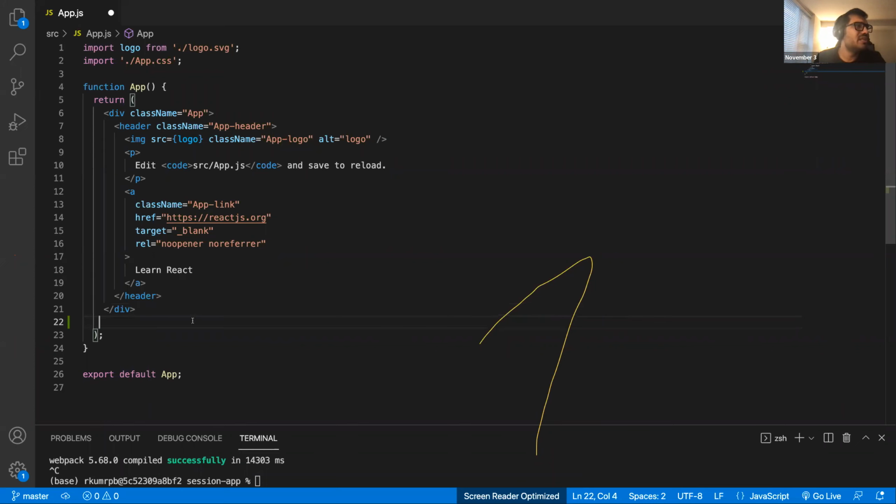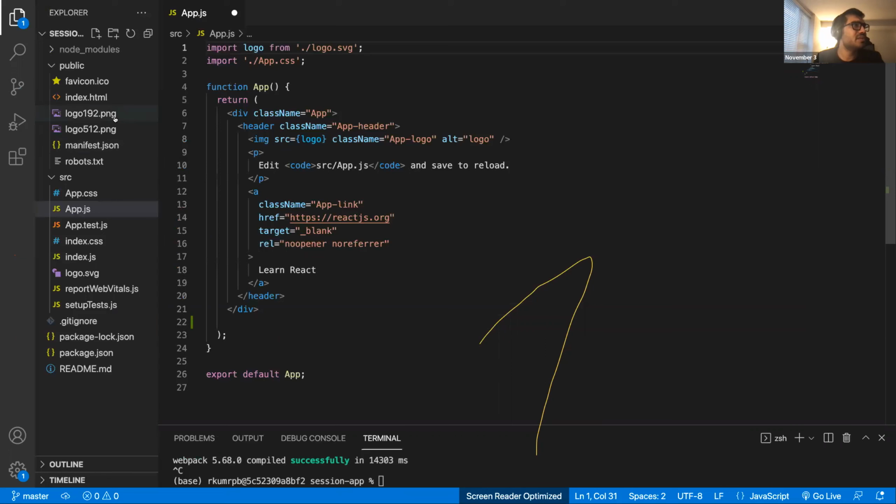अब नॉर्मल सिंटेक्स की बात करते हैं, ठीक है। यहाँ पे देखो ये क्या बोल रहा है, इंपोर्ट लोगो फ्रॉम लोगो डॉट एसवीजी, राइट। तुम अपने रूट देखो, तुम्हारे पास लोगो डॉट एसवीजी फाइल है, यहाँ पे है, राइट, रूट डायरेक्टरी में। तो तुम एक डायरेक्टरी फर्दर गए, तुमने बोला कि वहां पे लोगो डॉट एसवीजी फाइल है, उसको इंपोर्ट कर लो, ठीक है। क्योंकि नॉर्मली अगर तुम जावास्क्रिप्ट में ये कोड लिखोगे तो काफी डिफिकल्ट जाएगा, इसीलिए रिएक्ट या कोई भी जावास्क्रिप्ट लाइब्रेरीज बनी है, राइट, तुम्हारा काम आसान करने के लिए। ठीक है,